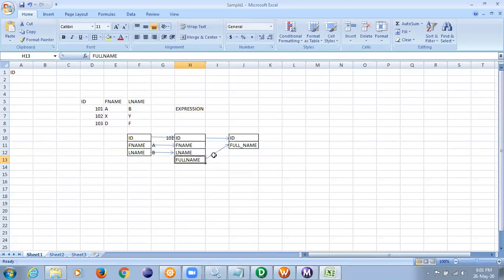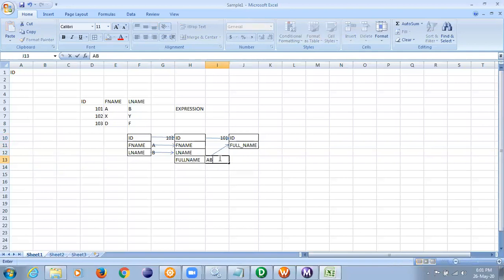What usually happens is this will not happen, that ID will go alone and then sometime later full name will go. When ID is going, full name has to go at that time only, otherwise ID will also not go. They will be going together because it's a single record, right? So it cannot happen that ID will come and next day full name will come. That is not possible. So everything will go together.